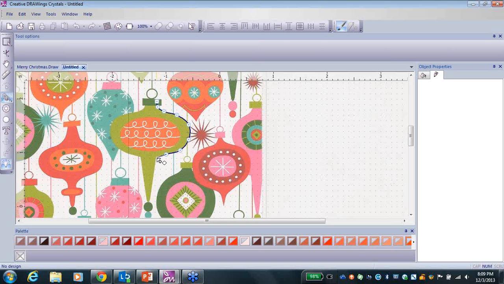But for this, I just need to do it so I can show you how. All right, so now I'm going to hold my shift. Right here I have a corner, so a round one's not going to work. I'm going to hold my Shift key down on the keyboard, place my node in a corner here, and click. And that gives me the square. Now down here at the end, I want a square one as well. I'm just going to hold my Shift key,